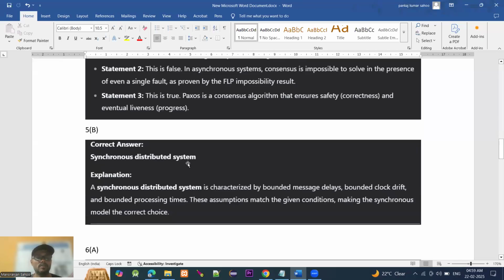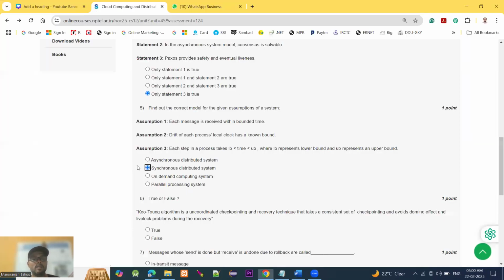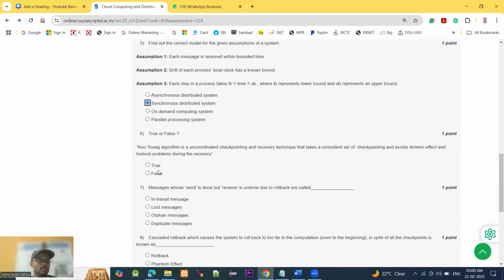A synchronous distributed system is characterized by bounded message delay, bounded clock drift, and bounded processing time. These assumptions match the given conditions, making the synchronous model the correct choice. That's why I choose synchronous distributed systems, which is option B. Moving to question number 6,